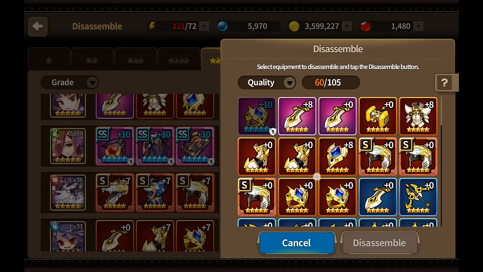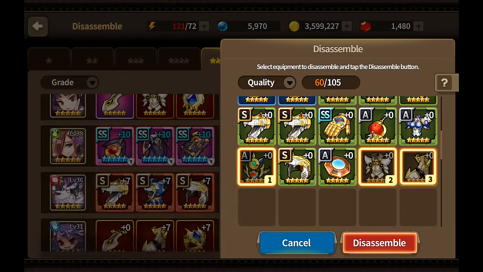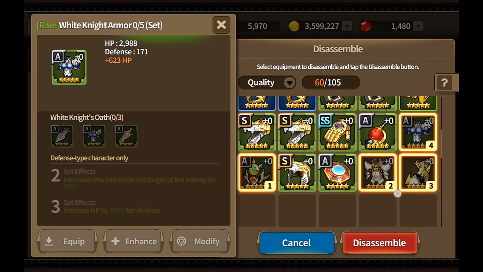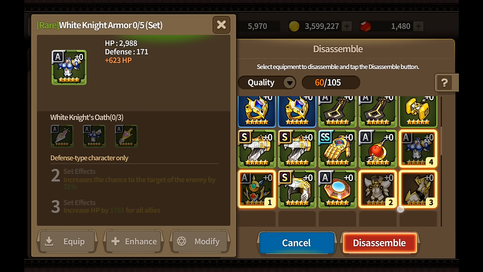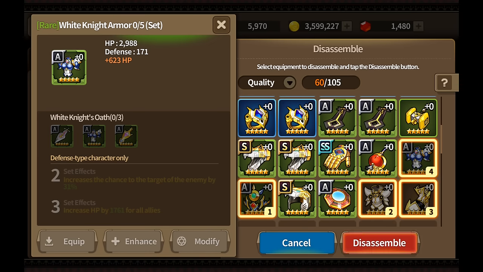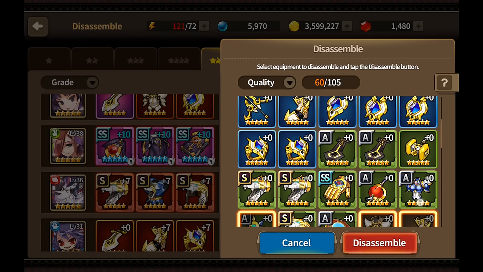You know what? I'm just going to get rid. This is a waste of space. That is not ever going to be used. And neither is this. I like the aggro and stuff on it, but the 4-star set's way better. Why would I want to... But no, I'll just keep it, I guess. Oh shit, totally keeping that. If I ever want to raise...